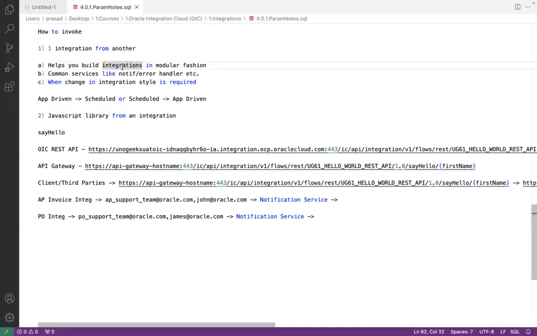First of all, it helps you to build integrations in modular fashion. I don't need to plug in everything into one single integration. Instead, we need to build integrations in a modular fashion. Okay, so we can build it in pieces and we can invoke them from one integration. And at the same time, in any integration project you do, guys, there would be some common actions that you might want to perform. So if you build 100 integrations, in all of them, or at least from most of them, you might want to send out a notification